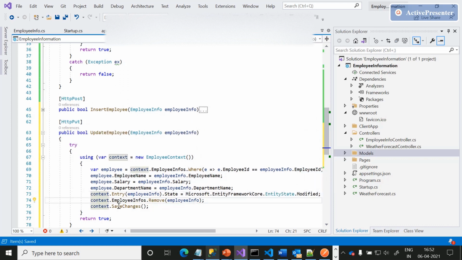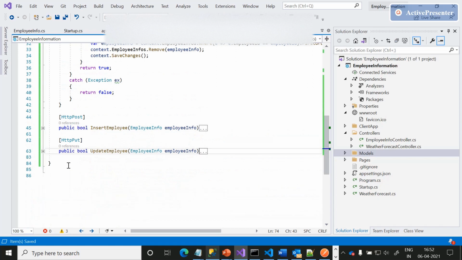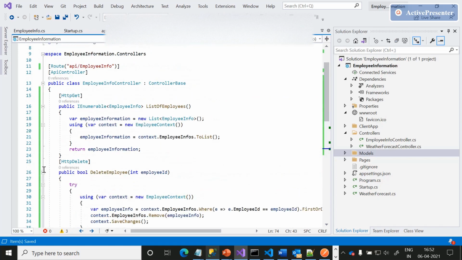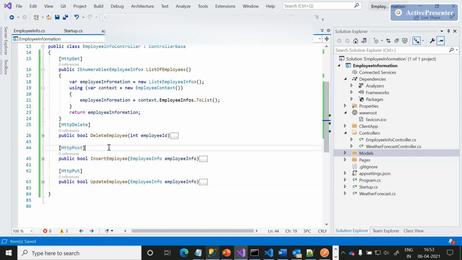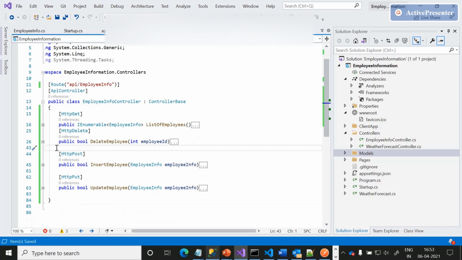Okay, once we are done with this entry, as we are aware, we need to set the context as well, and finally we enable the save changes capabilities as well. With this we are done with the HTTP get, delete, post and put as well. We got familiar with ASP.NET Core Web API to design the endpoints as well. We'll learn attribute routing and everything in our upcoming session.